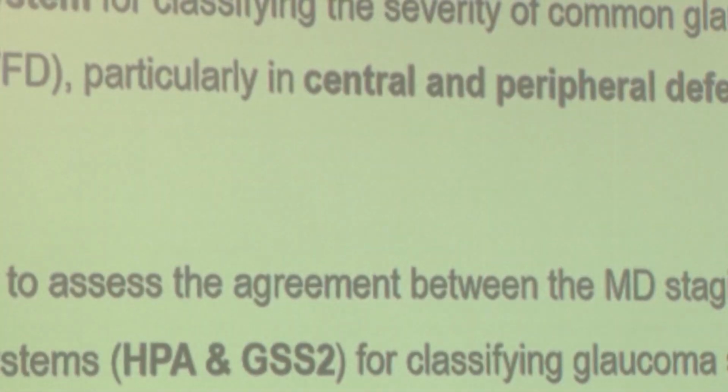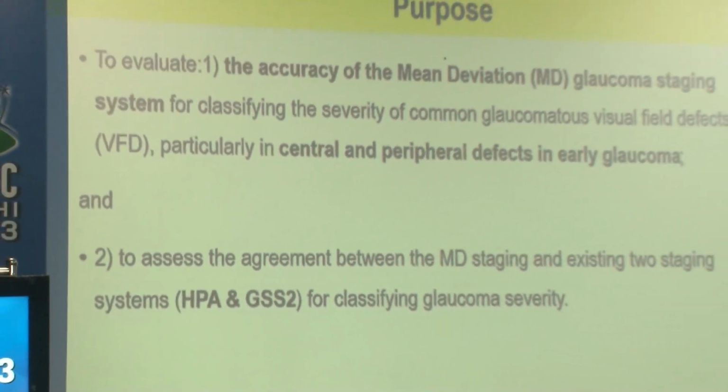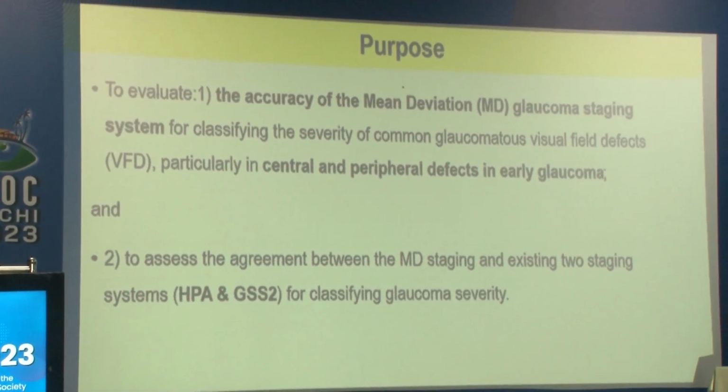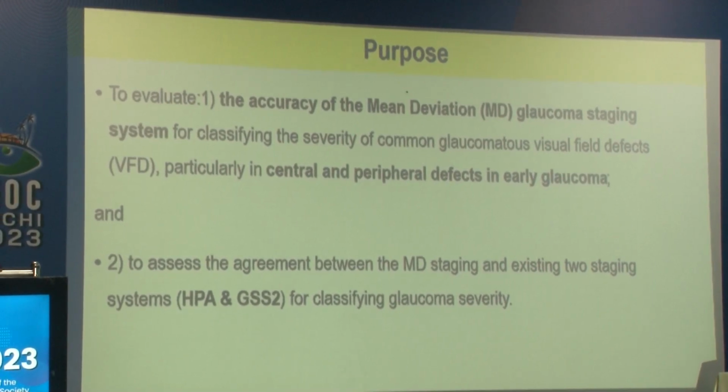Respected judges and dear colleagues, today's paper is Glaucoma Staging Based on Mean Deviation of 24-2 Visual Field under its Severity in Visual Field Defect. Now, the purpose of this study is to evaluate the accuracy of the mean deviation glaucoma staging system for classifying the severity of common glaucomatous visual field defects, particularly central and peripheral defects in early glaucoma, and to assess the